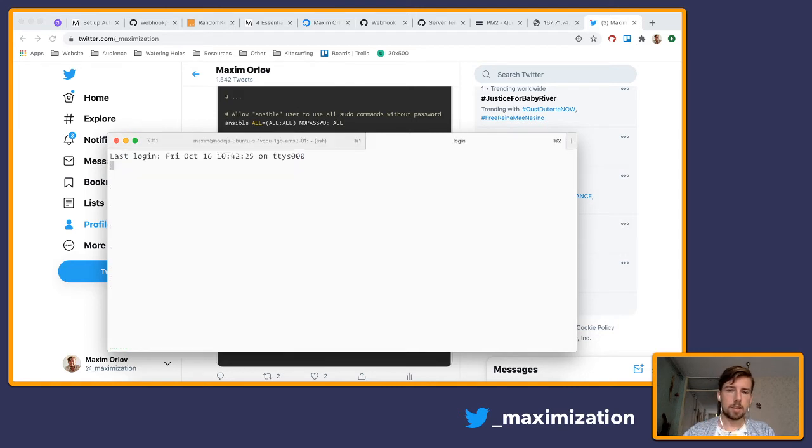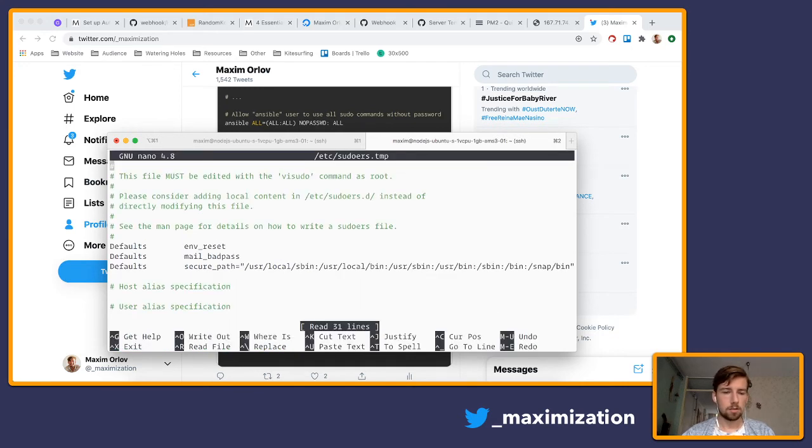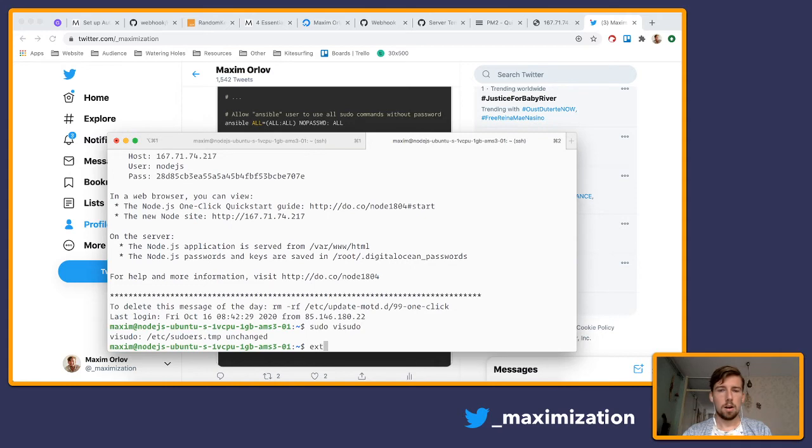I think we can test that by logging into the server and just running a sudo command. See if it's asking us for the password. It doesn't. Okay, great. I had to use a new terminal shell for this because